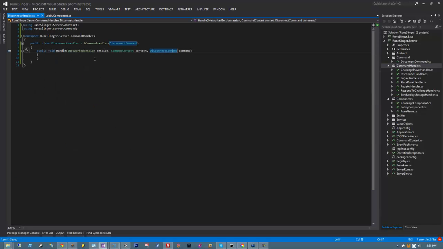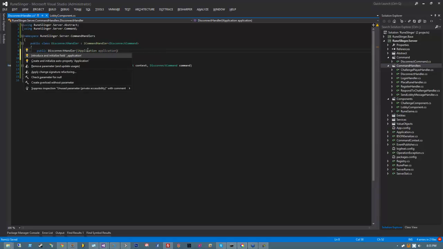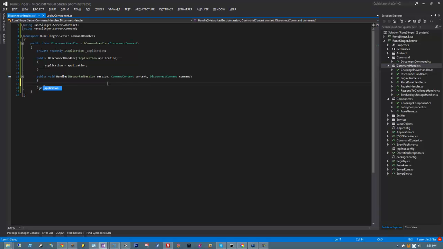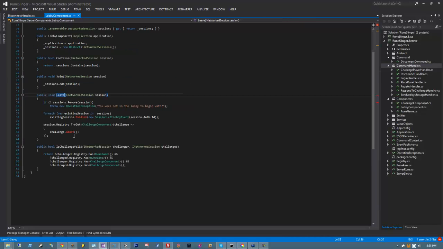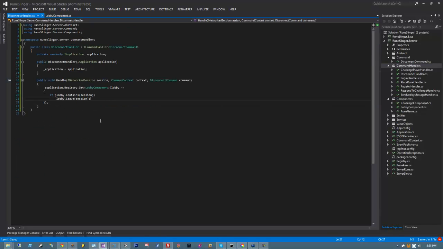Which means I can now say ask for the application, and I can say application registry get lobby component. Then I can say if lobby contains session, then lobby leave session. And then I can do all of this code within here,